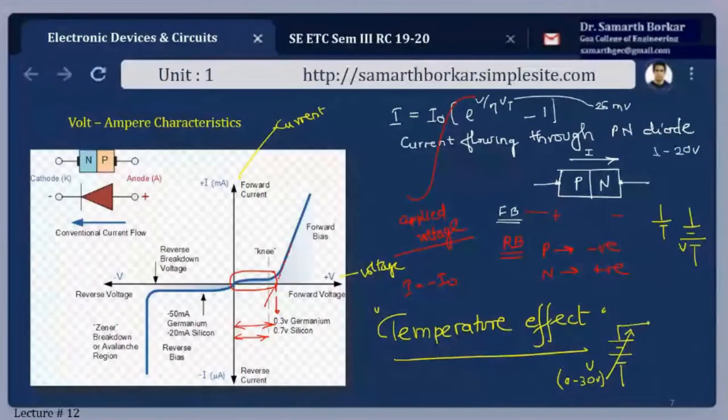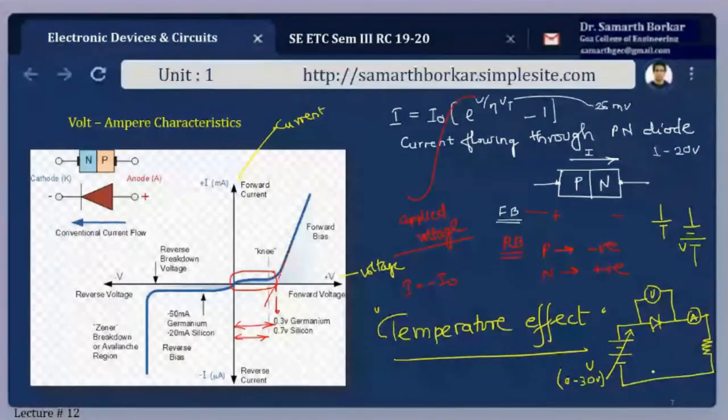Then I need to connect a diode in series, and I have to measure the voltage across the diode and the current passing through it. And to limit the current through the circuit, I have to connect a load resistance of 1K. If I don't connect this load resistance, current I passing through the circuit will be V by R. If I don't have a resistor here, a heavy amount of current, if the resistance is low, current will be on a higher side, and that current can damage the device under test. The reason RL is connected here in any circuit you'll find is to limit the current.